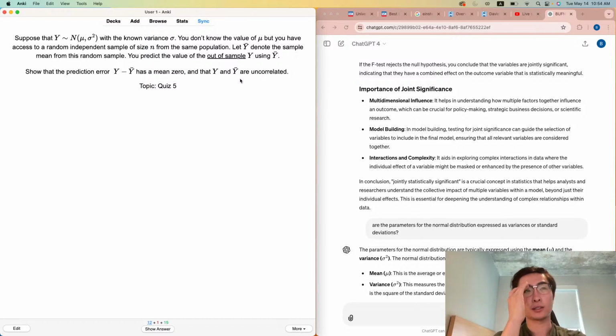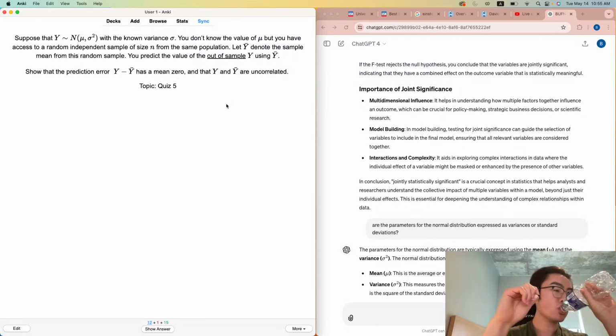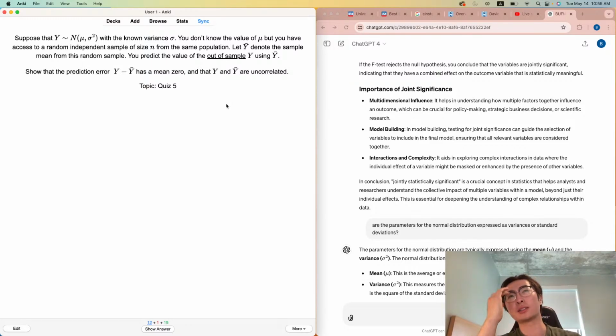I want to say it's just given because there's a random independent sample, so you're sampling y independent a number of times, completely independent from each other, so the sample mean isn't correlated, but I don't know how to show that mathematically. And it doesn't really make sense because I would think that the values of y somehow